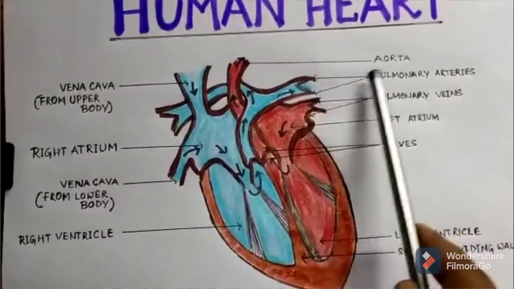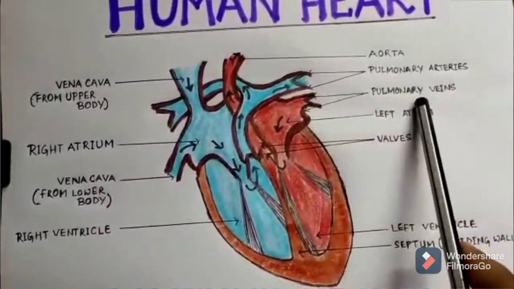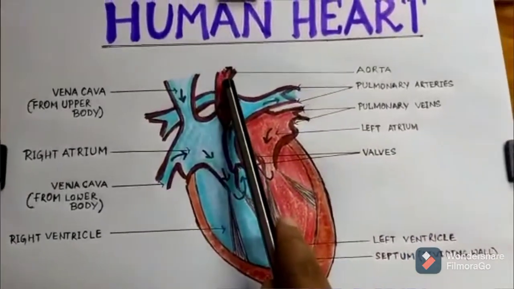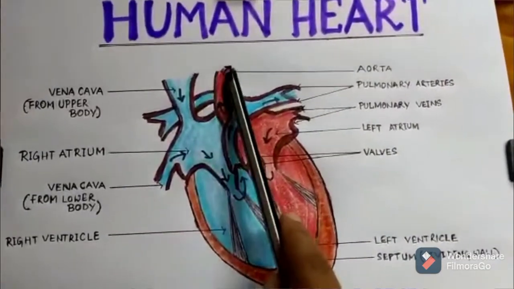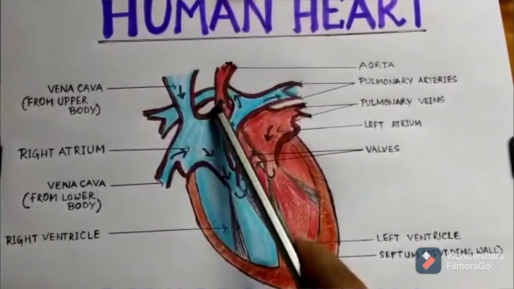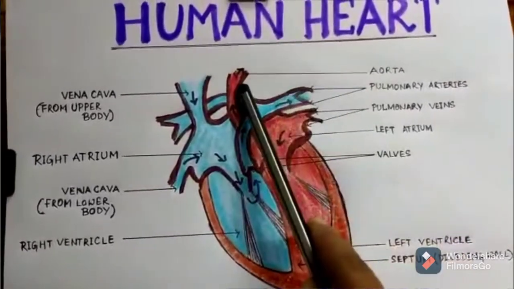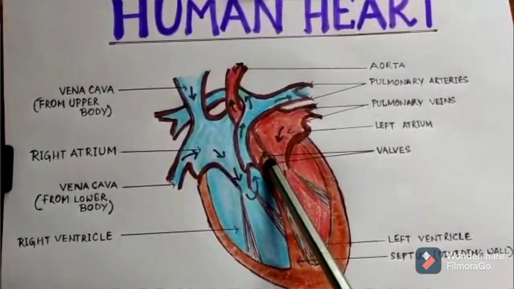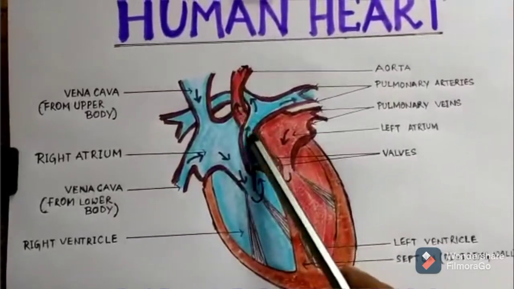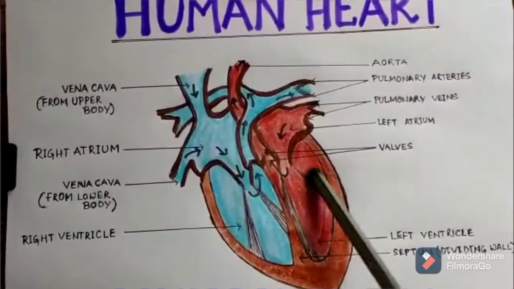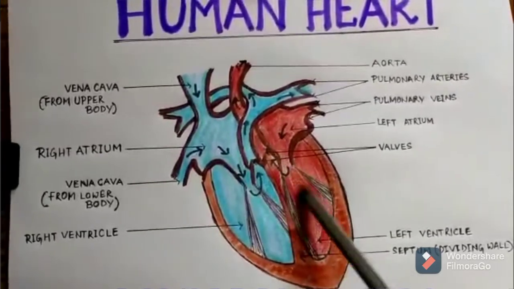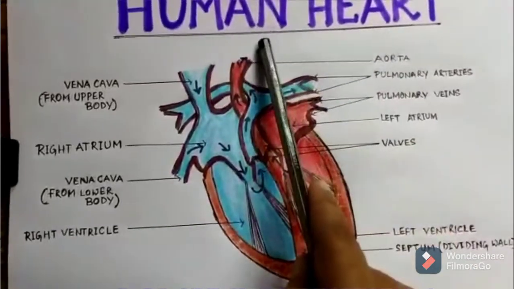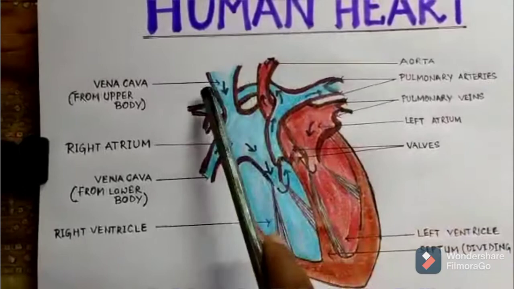So you can see here this is labeled as the pulmonary artery, this one is labeled as the pulmonary vein, and this is the aorta. Aorta, what is it? Aorta is an artery. Since it is a very large vessel, it has been named aorta, which is an artery. Its function is to take the oxygenated blood. I have drawn it in red color. It takes the oxygenated blood from this left ventricle and distributes it to different parts of your body. That is the function of the aorta. Next is the vena cava.